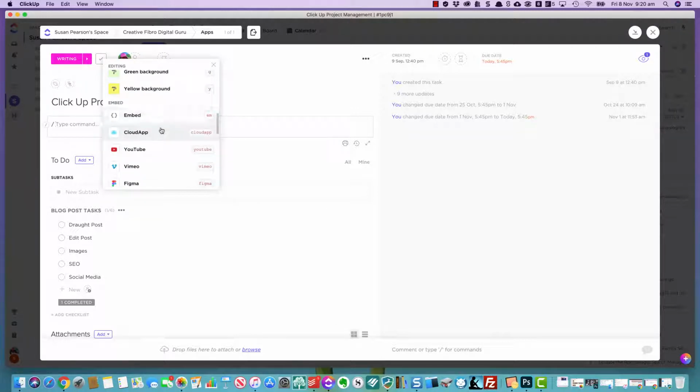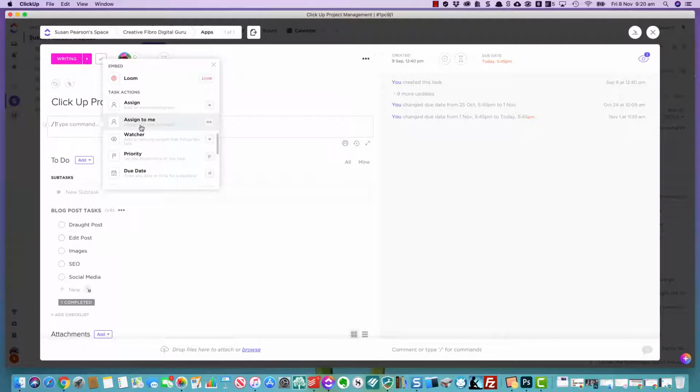Embed things in. You can embed in a YouTube video. I don't know what Figma and Loom are actually. Vimeo is sort of similar to YouTube. So you can embed all these things in here in your notes, and then obviously you can assign it